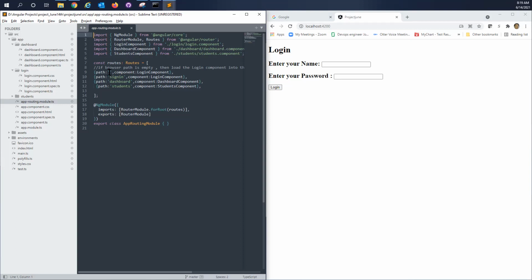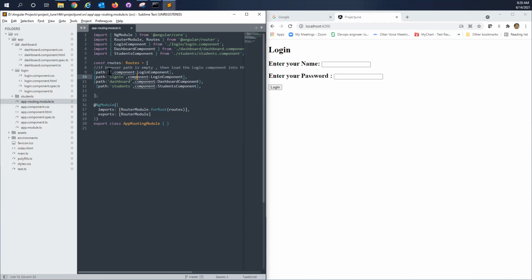Rajesh, I did not understand Arul's doubt, tell once more. He asked, currently we have 2 paths going to the same component. 9 and 10 are different paths. Yeah, these are everything different, right? No. 9 and 10 are going to the same component. Okay, this one will go to the login component. The login component is there, look. Okay. And sign in also goes to the login component. Component is same, path alone is different. So what he is asking is, if we can add one more path with the same component.